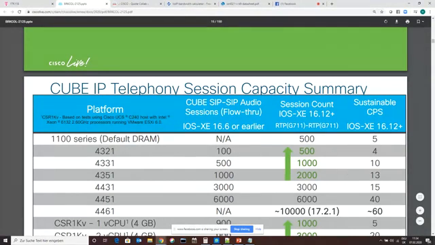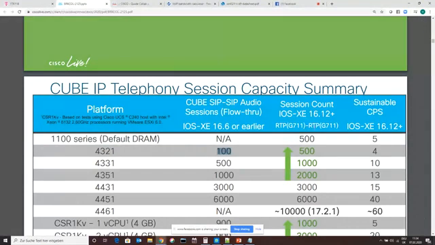So yeah, I need a 4321 router, and it supports 100 sessions with IOS XE 16.6 or earlier, and the next version, IOS XE 16.12 plus. You see the concurrent sessions capacity has increased to 500. So